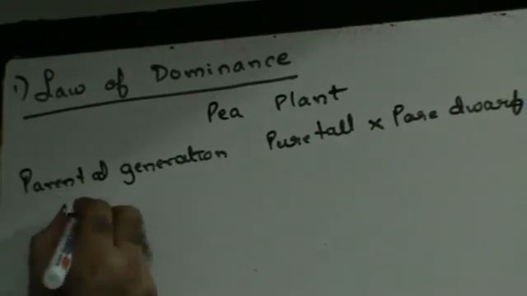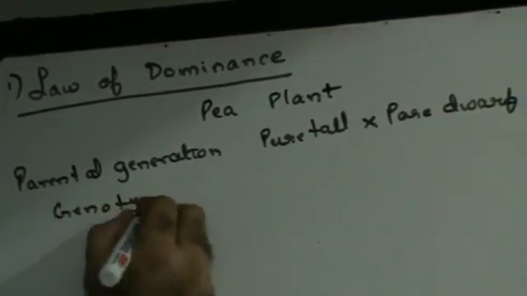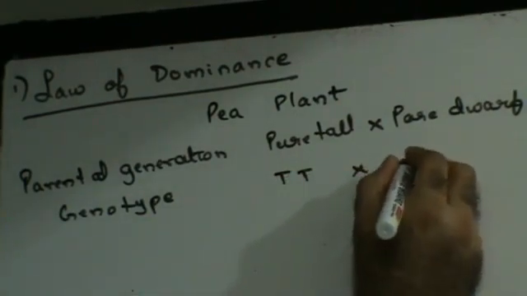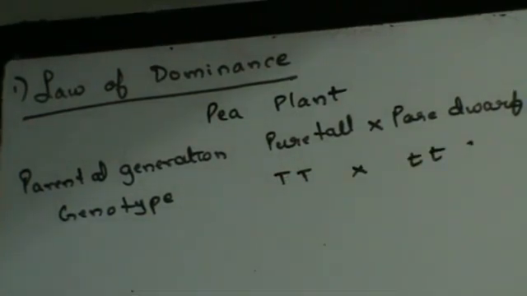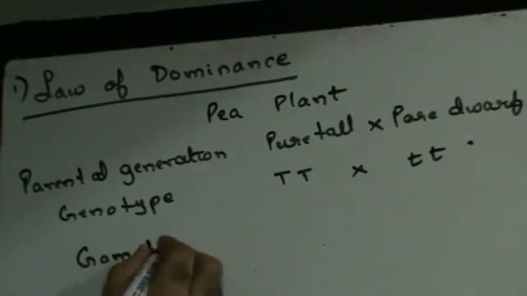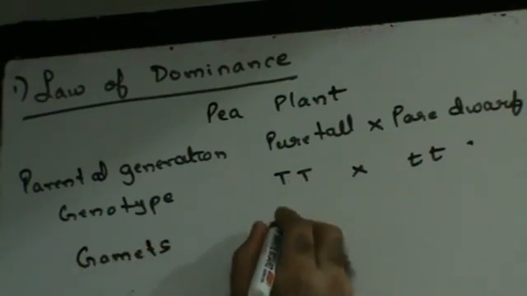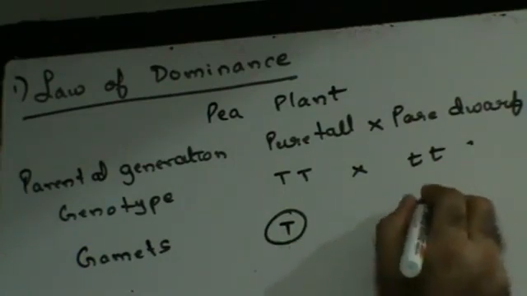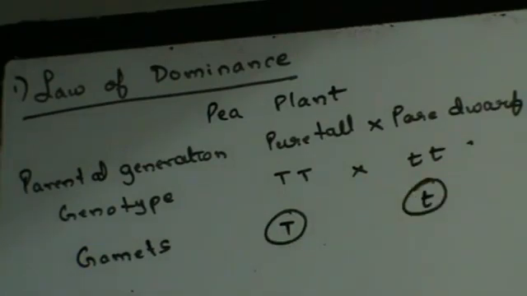Right? The genotype for this is going to be TT. The genotype for this is going to be tt. Right? Pure tall and pure dwarf. Now if I make gametes, since this is pure tall, this is homozygous, I will get a gamete T, and here I will get a gamete t. Right? Now if I were to have fertilization